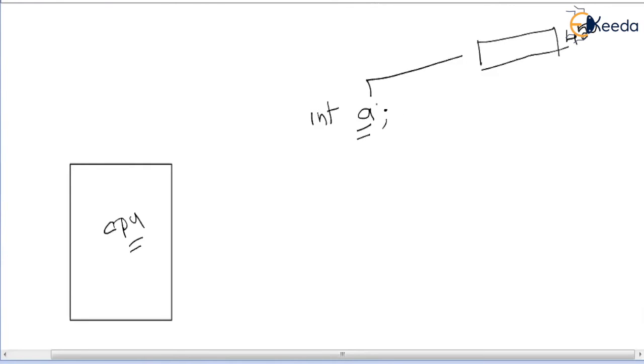When you initialize this variable, A equals 10, the value of this variable will be passed to this location. So A is nothing but the 450th location of the main memory.